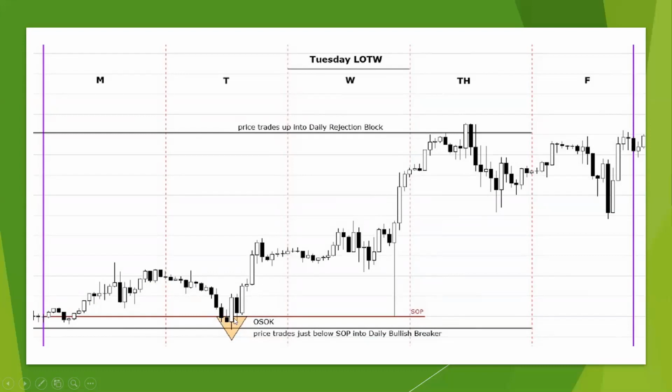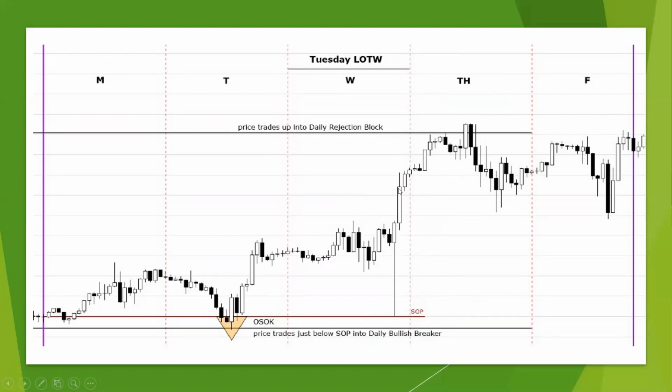Now, do you have to catch from this high to, or from this low to this high? Not necessarily. But if you understand where we're looking for price to go, right? We're looking at a discount array to a premium array on the higher time frame. We're looking to catch that expansive move. Now, once price gets near it, right, or even once price takes out these equal highs here, perhaps after this